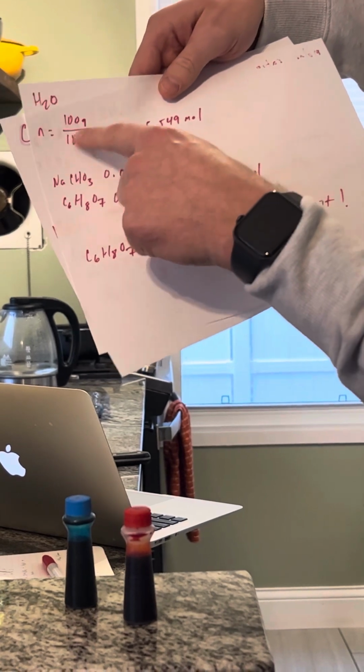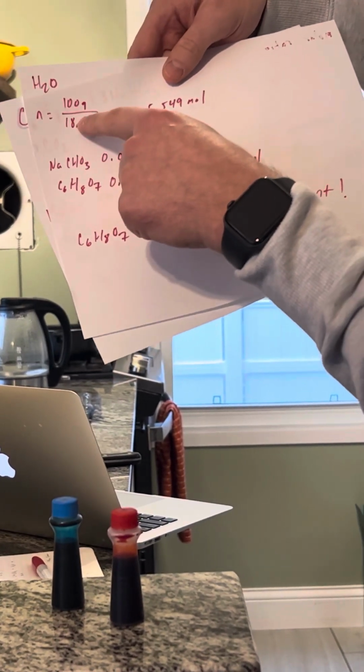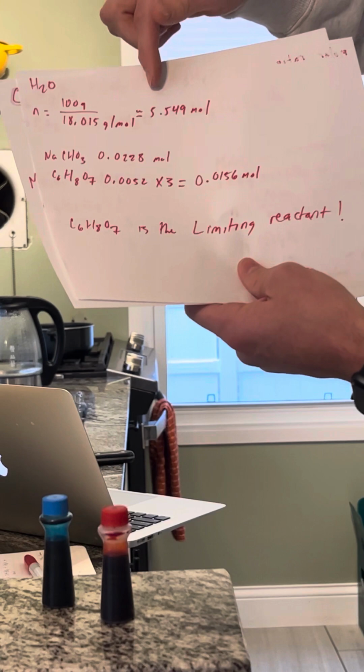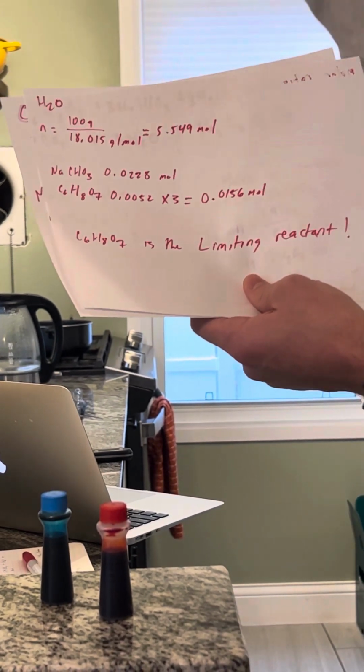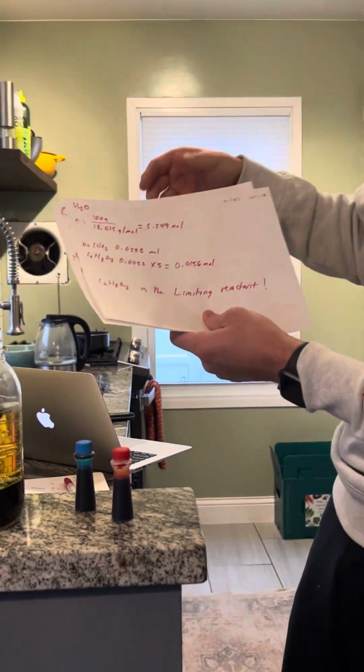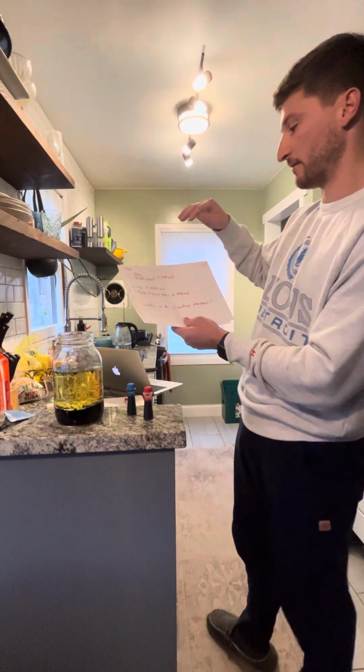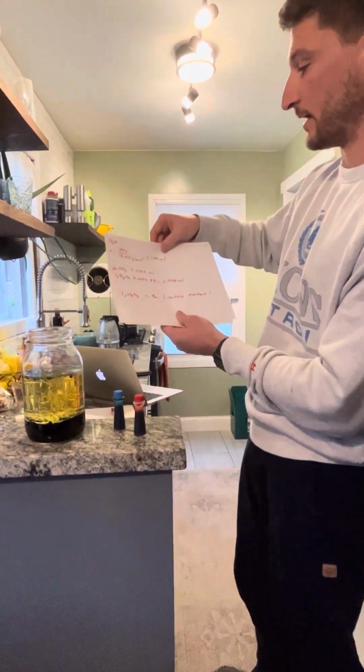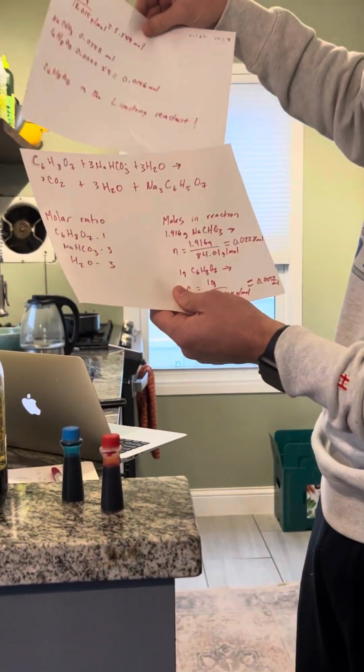I calculated it out to per 100 milliliters or 100 grams. It's 5.549. So just multiply that by 2, which would be about 11 moles. So clearly, plenty of moles to be reacted upon with the water. So